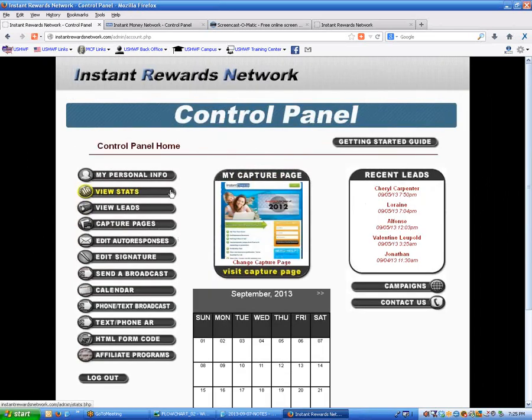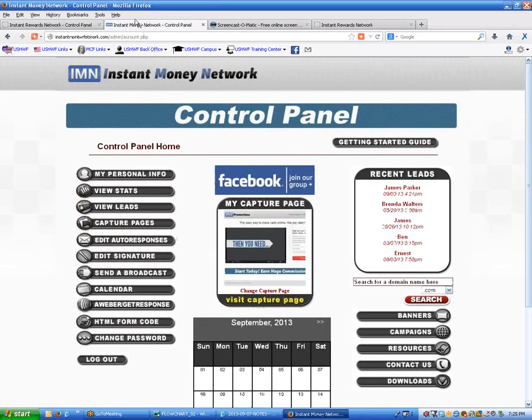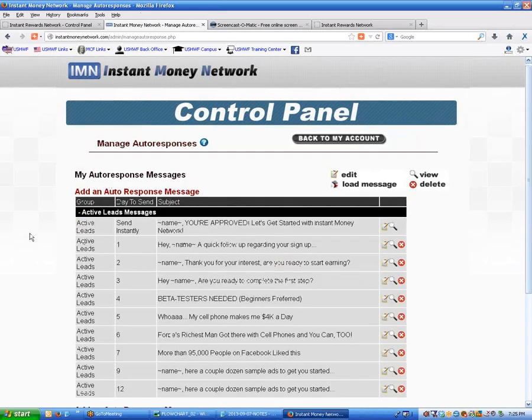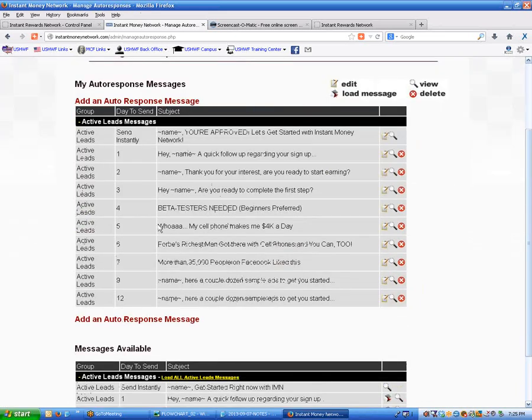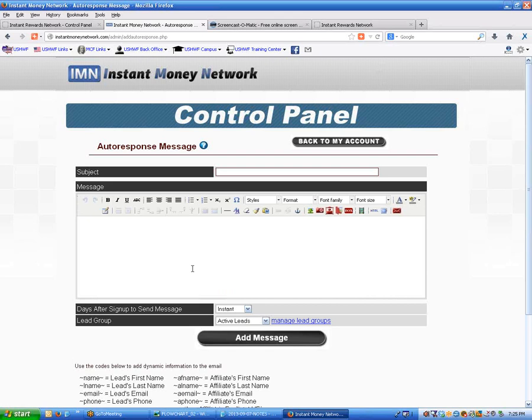There's a few things that you cannot do in either one of these networks, and that's when you get into the edit auto response. You can add auto responses to your messages. So if you want to carry it out a few more days, you can design an automatic follow-up message to go out to your leads when they sign up. I've got it out to day 12. We can take it from day 12 to day 15, 16, 17, start a new message and put it in here. And let's say test